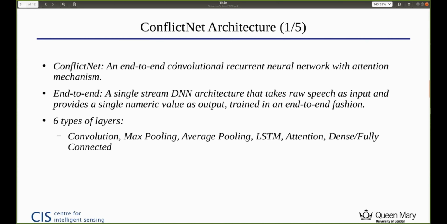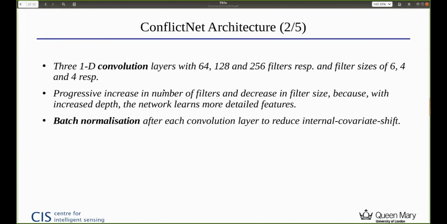By end-to-end, we mean that it is a single stream DNN architecture, and it takes raw speech signals, time domain signals, as input, and it provides a single numeric value as output, and it is trained in an end-to-end fashion. We have used 6 different types of layers here, namely convolution, max pooling, average pooling, LSTM, attention, and fully connected. I'll go into a little bit of detail about the choice of different architecture components.